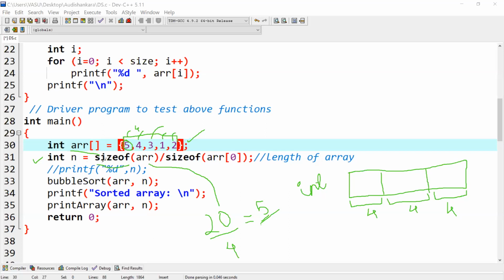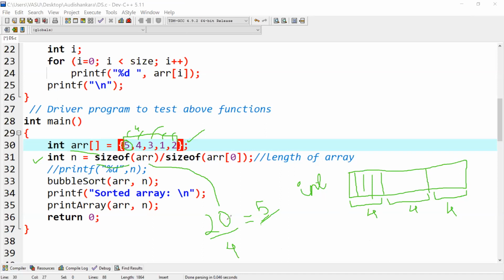So that is nothing but the length of the array. Means I am just finding out how many elements are there inside the array. Okay, this sizeof operator will give me the actual size. It will consider each and every byte. It will not consider how many elements are there inside it, because inside this array also we have 4 divisions. This whole element is taking 4 different bytes. So the size will be according to the bytes only.